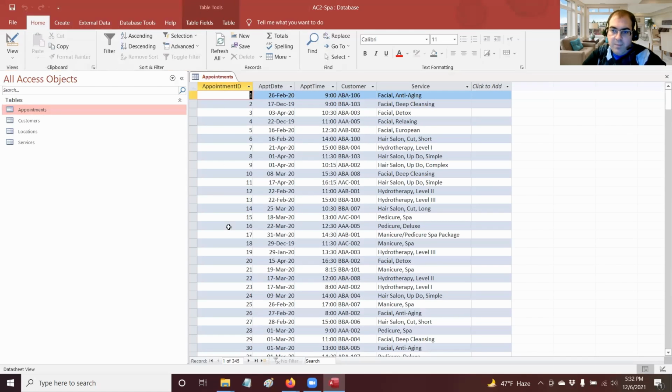We see here that we have an appointment ID, we have an appointment date, an appointment time, a customer number, and then what service it was that they had. And then click the field that uses the auto number data field. So we see here, this is the auto number. So 1 through,